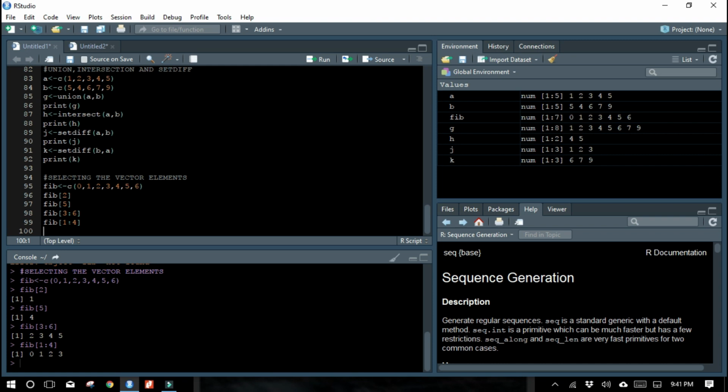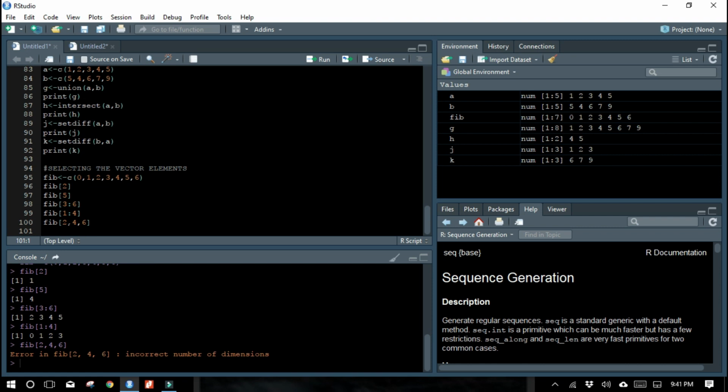Next, if you want to select elements anywhere within the data vector, for example the second element, fourth element and sixth element, I cannot give it in this way, since this should be derived from a vector and this is not a sequence of numbers. If this is a sequence of continuous numbers, you can give a colon. But here we can't give it like this. I have skipped one number in between.